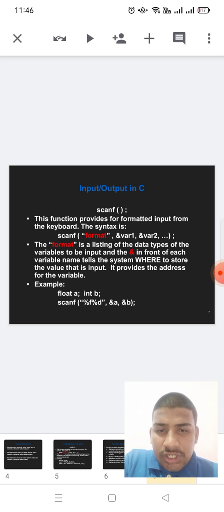Input output in C: scanf. This function provides for formatted input from the keyboard. The syntax is scanf(format, variable1, variable2). The format is a listing of the data types of the variables for the input, and in front of each variable name is an ampersand, which tells the system where to store the value that is input. It provides the address of the variable. Example: float a; int b; scanf("%f %d", &a, &b);